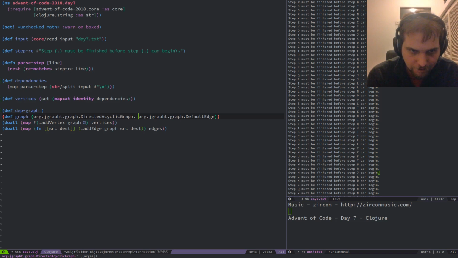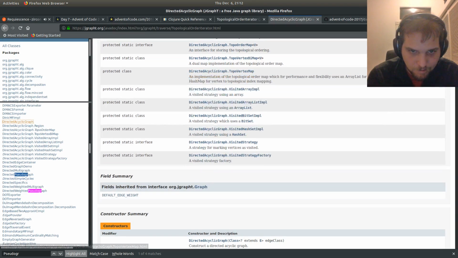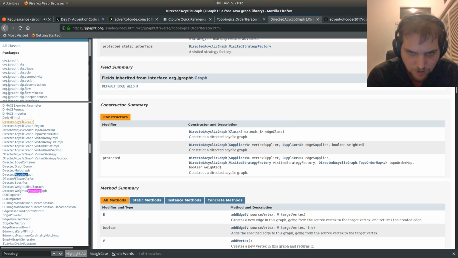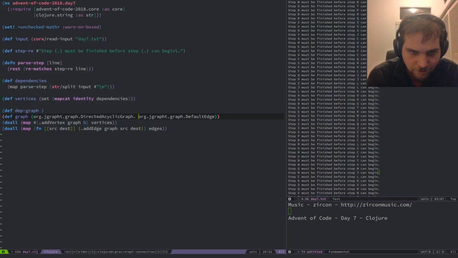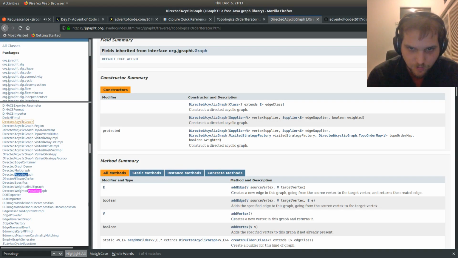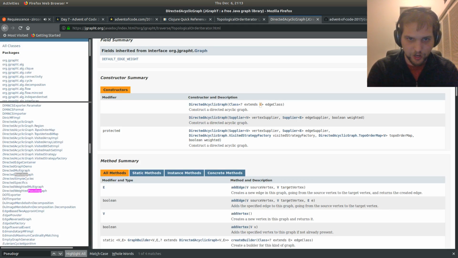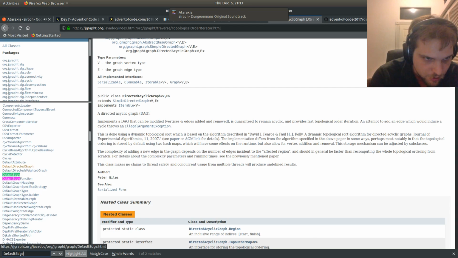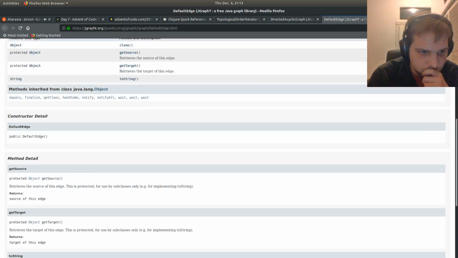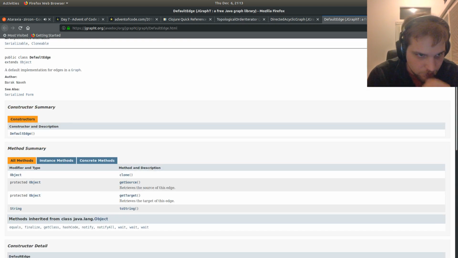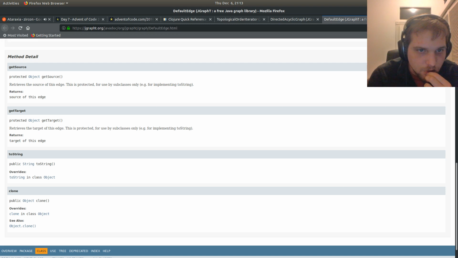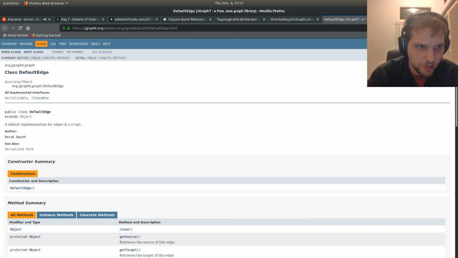Okay, now I need an edge type. I have default edge here. Okay, that seems reasonable.